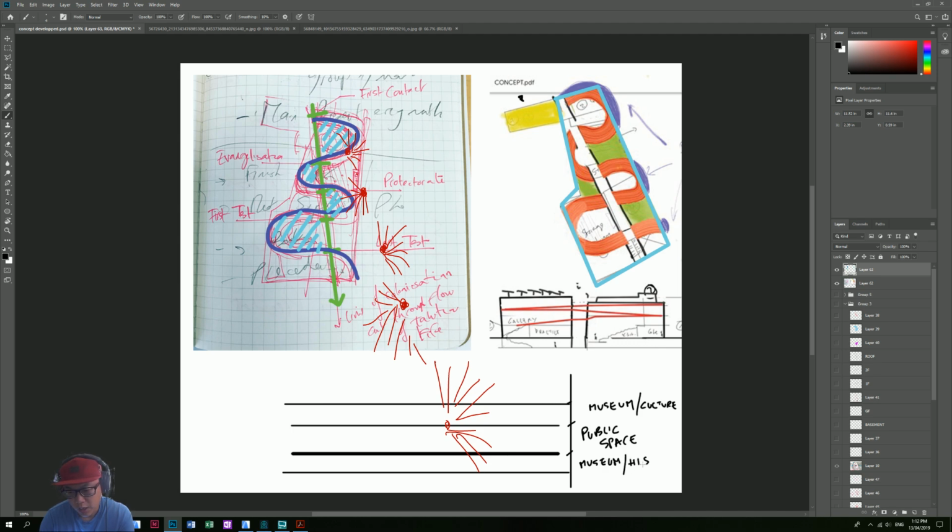and history, and maybe this is the part that will be considered as the memorial part, where I will design spaces that will try to make people remember what happened during those times. And this one will be accessed maybe from the front, and then you'll have to go down,